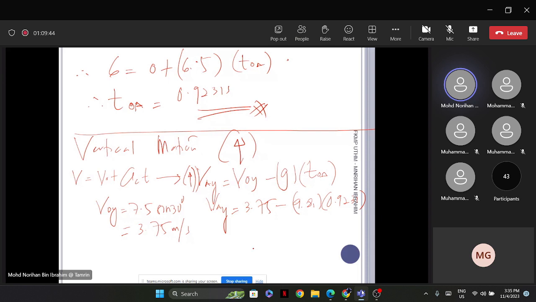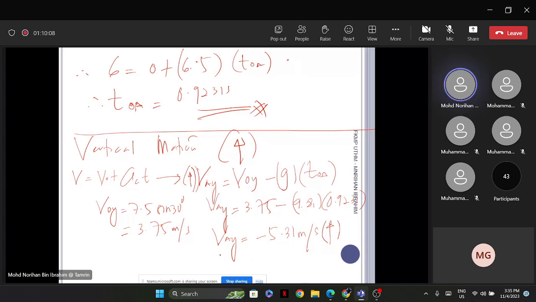So in this case, we only have one unknown, which is VAY. When we solve this one, VAY is equal to minus 5.31 meter per second upward. Since it is negative, and our positive sign convention is upward,